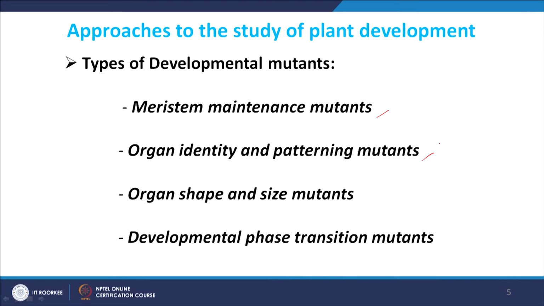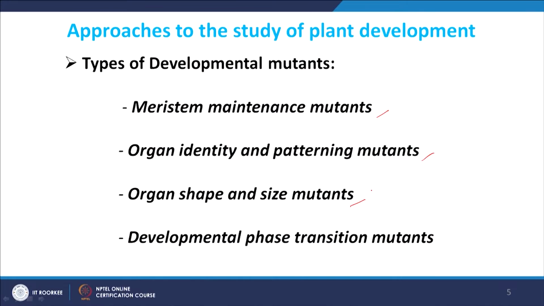Second, a developmental event you can study is organ identity and patterning. You want to understand what are the genes or genetic elements which are responsible for defining a particular identity of an organ, of a tissue. And the second thing is that you can identify the genes or genetic elements which are responsible for patterning. This is important in the process of plant architecture maintenance. Then you can identify mutants which show abnormality in shape or size of a particular organ, a particular part of the